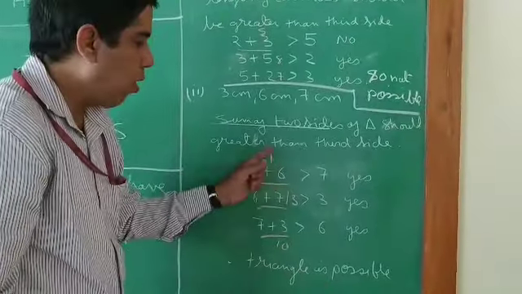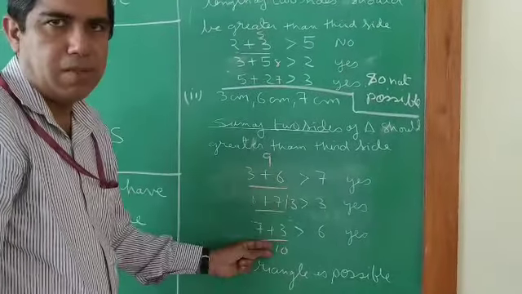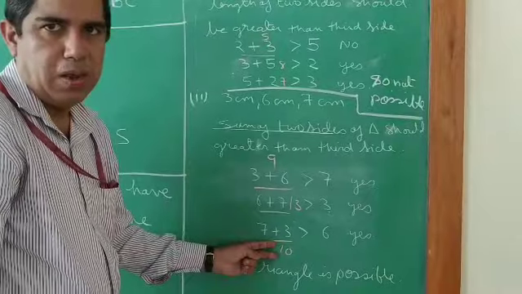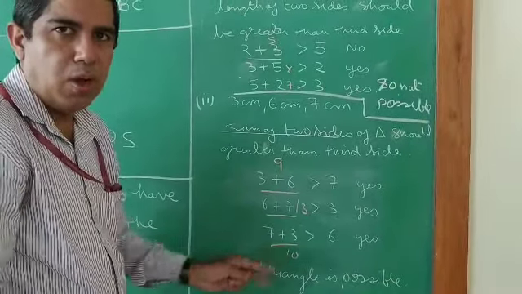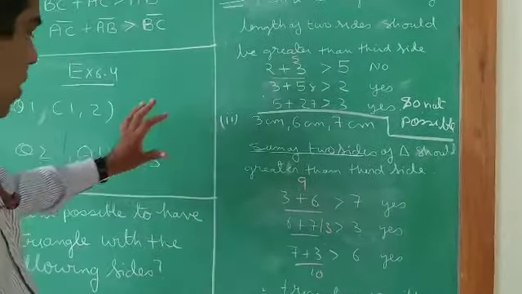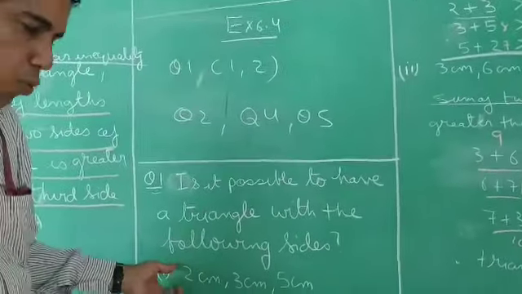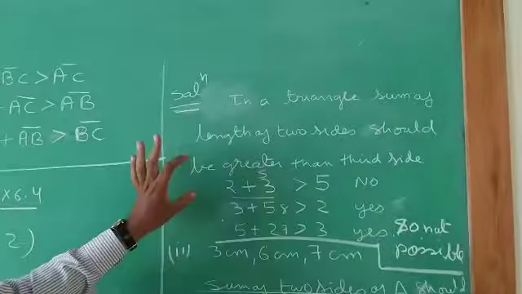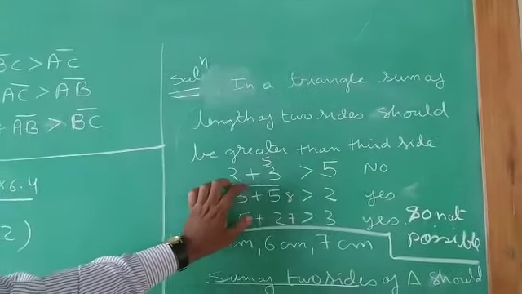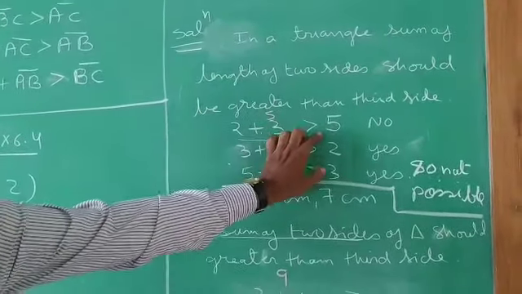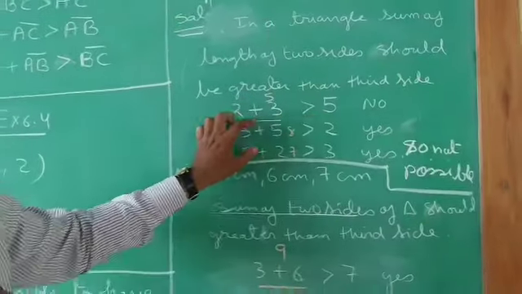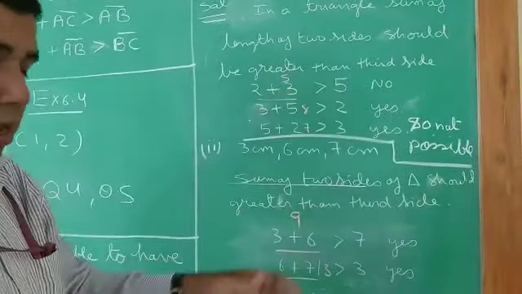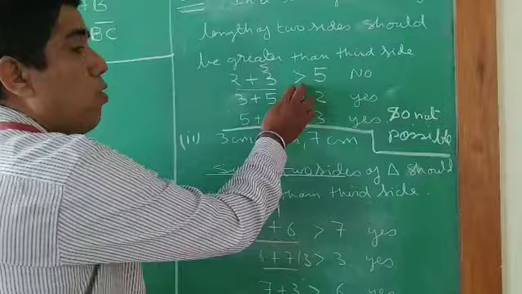You can see on all the conditions it is coming yes. So triangle is possible. I think it is clear to you now how it is done. Let me explain once again. Here the sides are given 2, 3, 5. Now you have to check in all the cases. So I have taken 2 plus 3 is greater than 5. No, you can see that because 2 plus 3 is 5, equal to 5. It is actually equal to, but I want greater than.